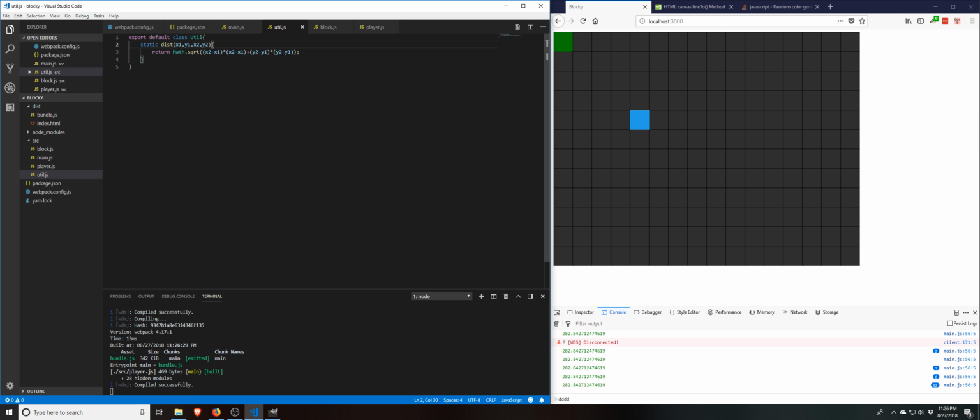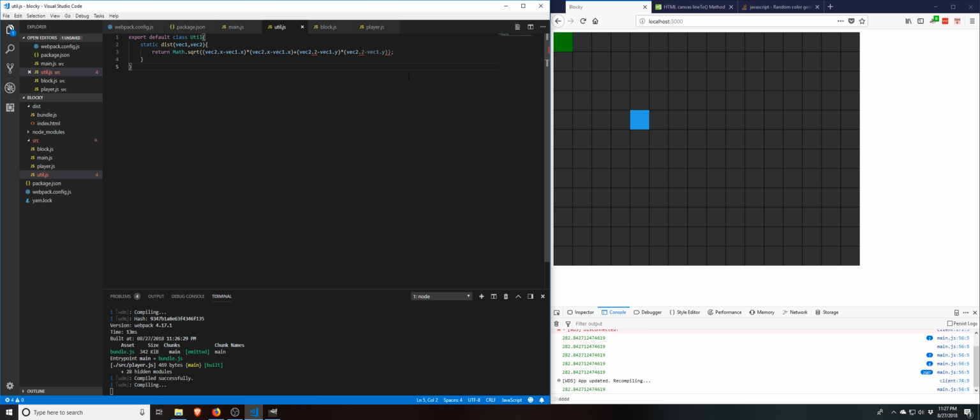And you know what, actually I'm going to change this, so instead of taking in those kind of variables, it's just going to take in vector 1 and vector 2. And then we're going to replace x1 with vector1.x, y1 is going to be vector1.y, x2 is going to be vector2.x. So I'm just changing this up so that I can use this sort of pseudo vector math that I've created, just to save me some